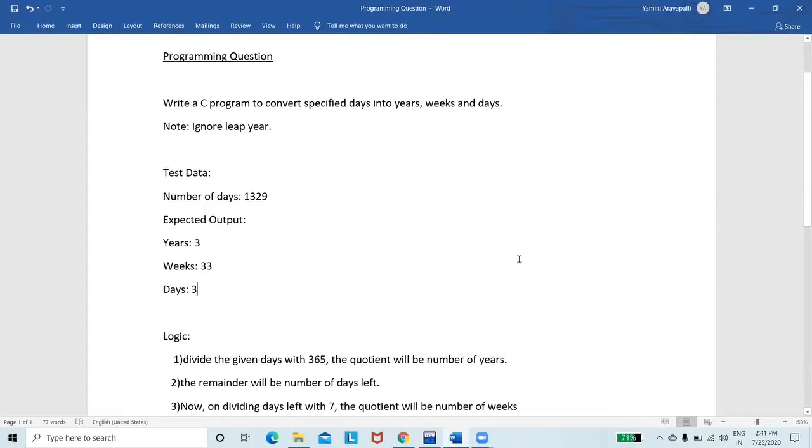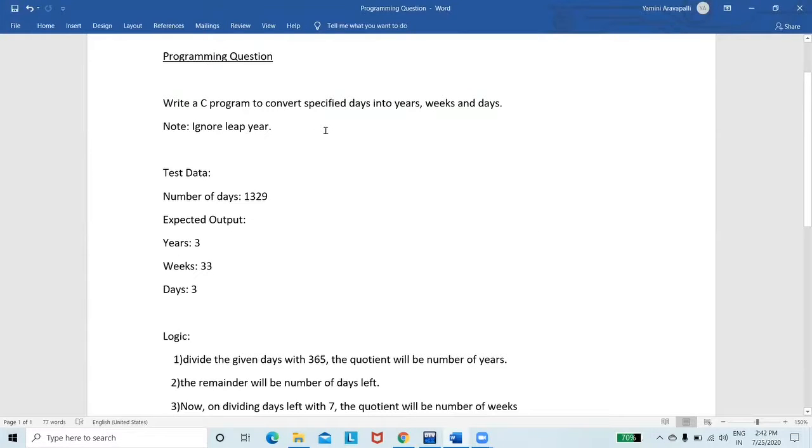Here we are with another basic and important programming question. If you want to practice coding, you have so many online platforms like HackerRank, HackerEarth, CodeChef, where you can go and practice your coding and improve your skills. Not only C language, you can code in any other language you want, and they have a various range of questions which sharpen your mind and improve your logical thinking. So let's see today's question.